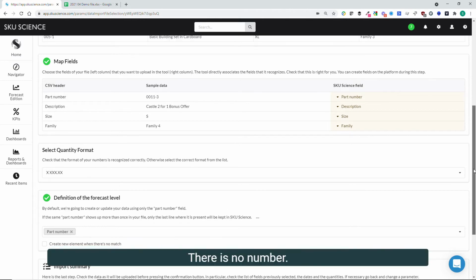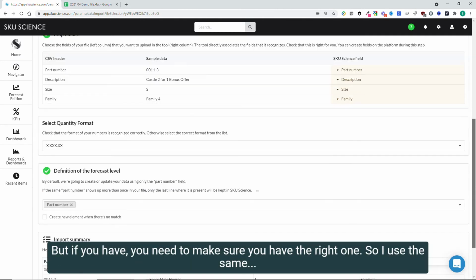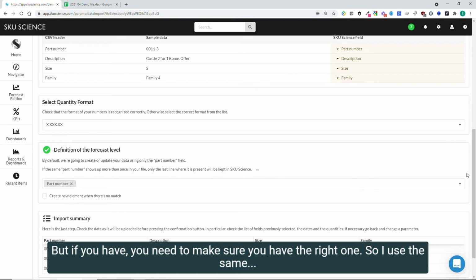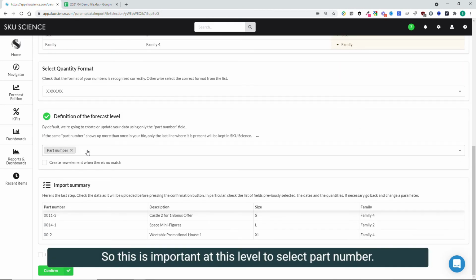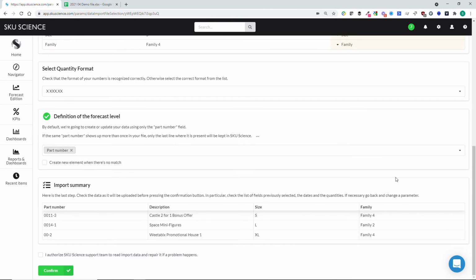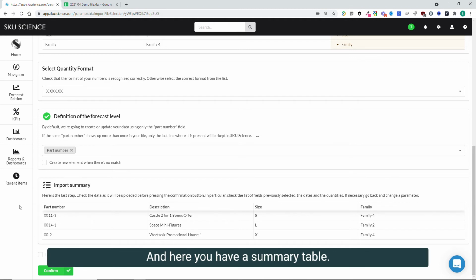There is no number, but if you have one, you need to make sure you have the right one. So in order to map this information, I will use the existing part number. So this is important at this level to select part number, okay? And here you have a summary table, and you'll see part number will be populated with this size and family information. So if I click confirm,